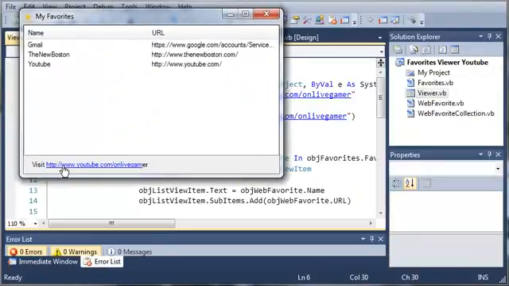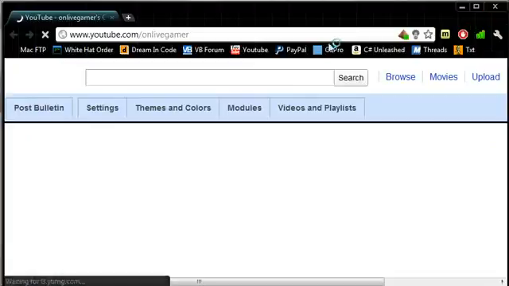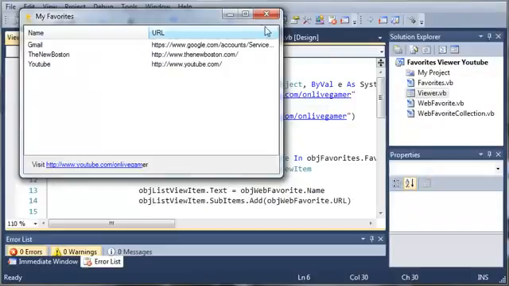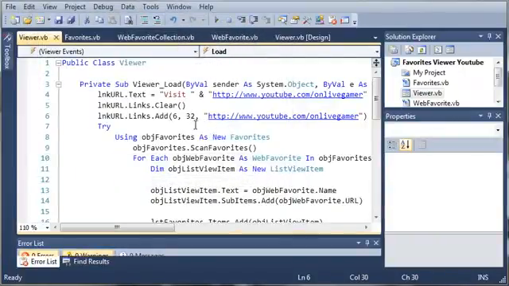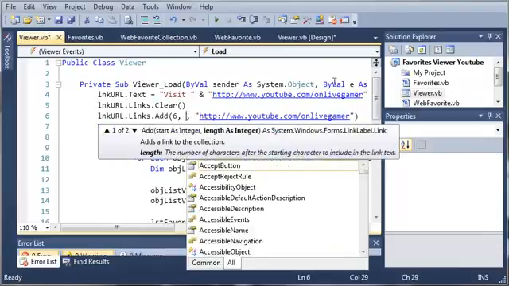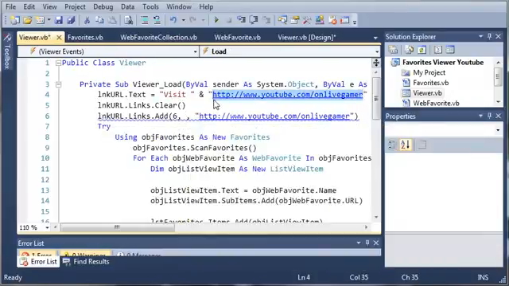And it says visit, and then it has our link. So we can go ahead and click on that, and it's going to open up the website. So let's just fix that. We need to go ahead and go two more places. Now you can see it's giving us the link here. So let's just go ahead and replace this with